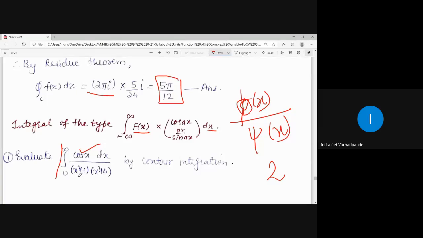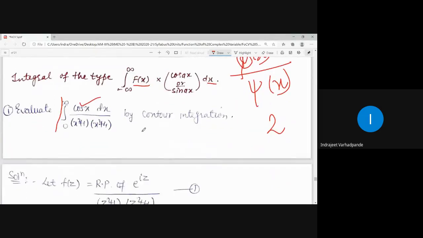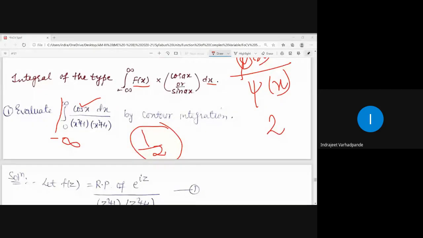Square is always an even function, so replacing x by minus x in x square, you get x square. Replacing x by minus x in the second term, you get x square. So the function remains unchanged. In such a case, we need to multiply the original final answer by 1 by 2 so as to fulfill the condition for minus infinity to infinity, because